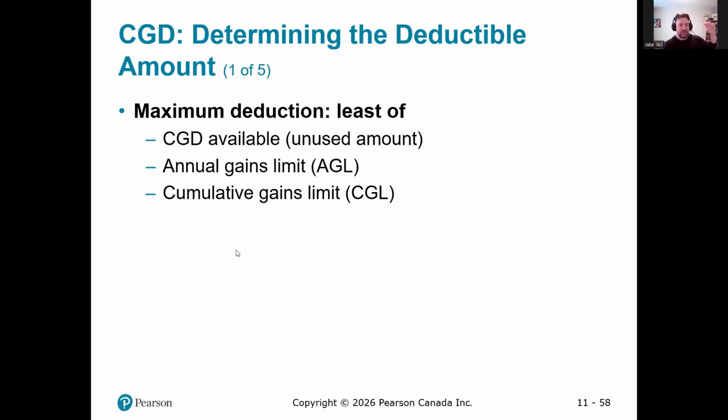capital gains deduction, I can't use that much again. So I had 1.25 million. In 1 year, I used $250,000. Now my limit's just $1 million. I start a new business. I use another 300,000. Now that limit's gone down to 700,000. So my cumulative gains, every time I use the deduction, it adds up. It's cumulative, and I can't use that much again.